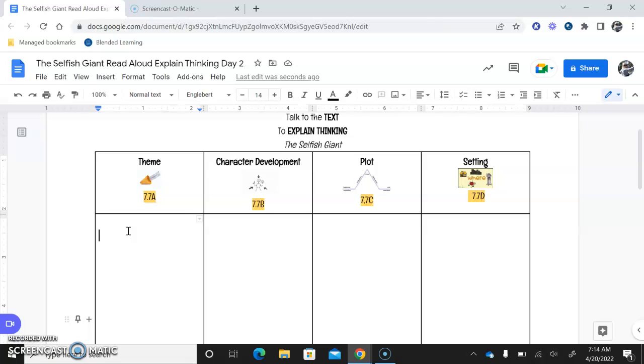So initially, in the beginning of the story, the giant was arrogant. He thought that he did not have to take anyone else's feelings into consideration. He doesn't want to share his garden. So this gives us some idea of what might be happening later. I'm going to skip a line just to keep my thoughts separate.